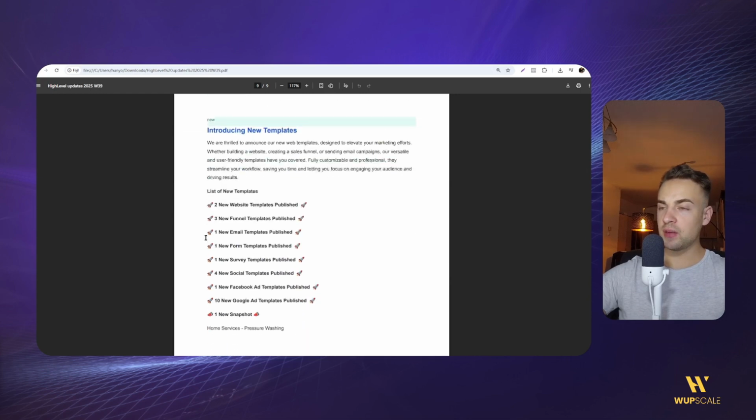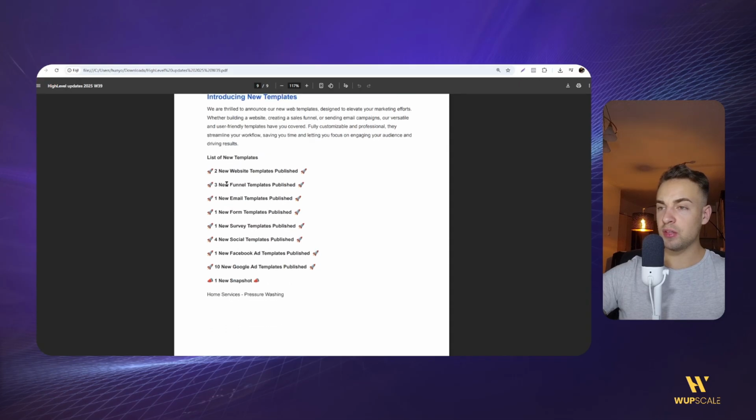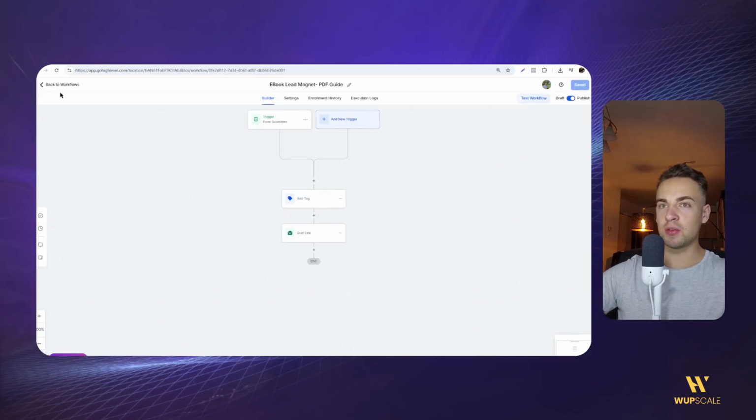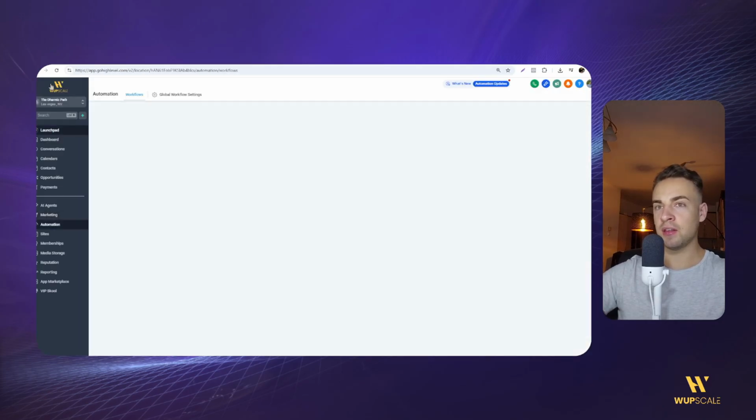And the last update we have is new templates. As every week we have some new templates, new website, funnel, email templates, and we also have a new snapshot for home services. This is going to be specifically for pressure washing. So as always, let's give it a look. Let's go inside HighLevel and let's check the